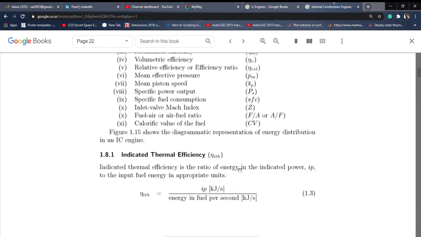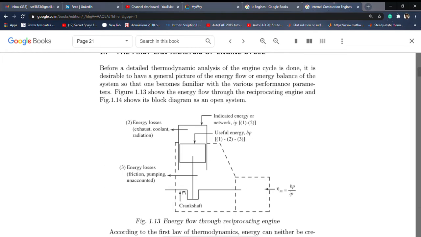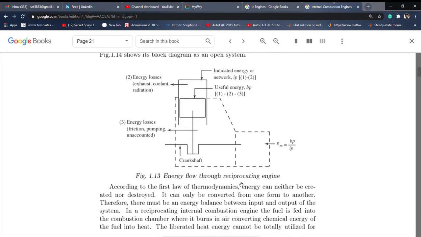So what it basically means, if you take the example of an engine, fuel will enter into the engine. This is the fuel, this is the engine. Fuel and air will enter into the engine. After combustion, we will get some work output, and the rest is exhaust, because after burning some part of that fuel is exhausted. Heat energy will be lost in the form of exhaust, and there is cooling also. Some amount of heat from the engine will be lost in the form of cooling, in the form of heat. So we can see in this figure 1.3, energy flow through a reciprocating engine.